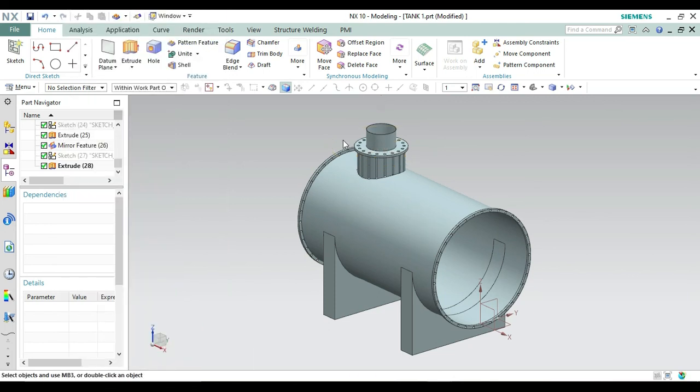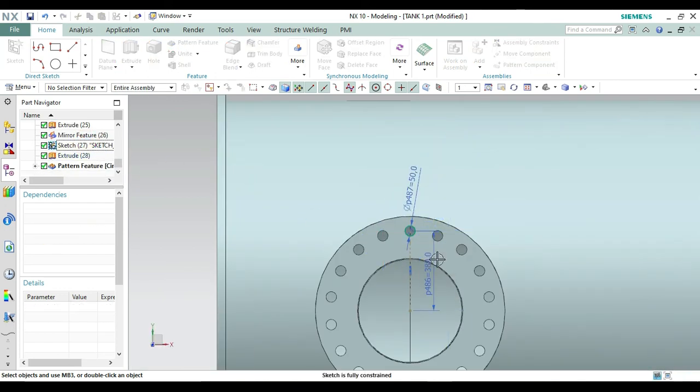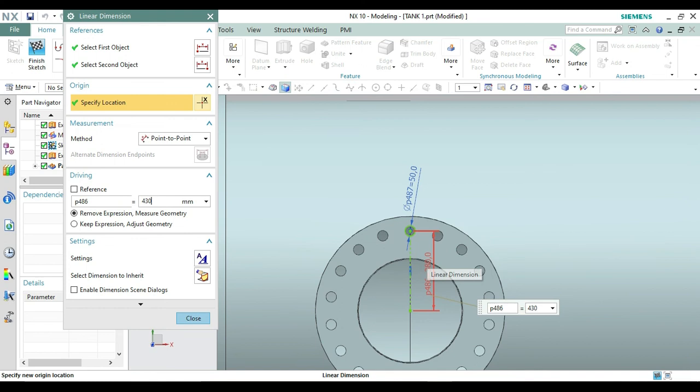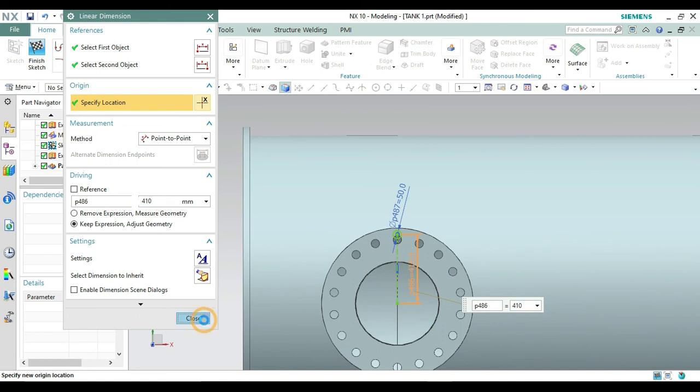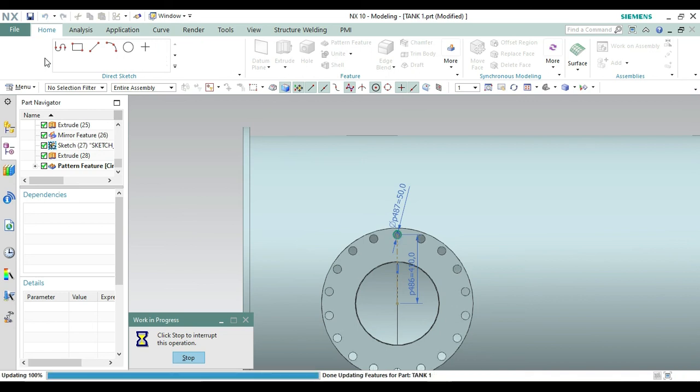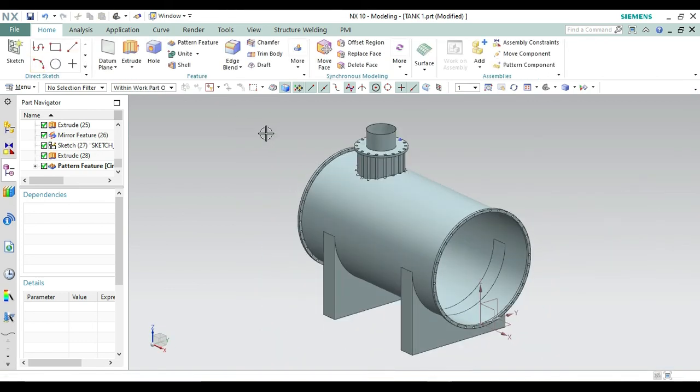So we will get circles. Okay, so we can see here we have got a distance a little longer. Let's select the sketch again, and we have to change this distance. Actually this distance has not been given in the design, so we have to only assume this one. Nothing we can do more than this. We only know the diameter of the circle, that is 50, and nothing else. So I made it by assuming it. So let's finish it with the distance of 410. Let's see if it is coming or not.